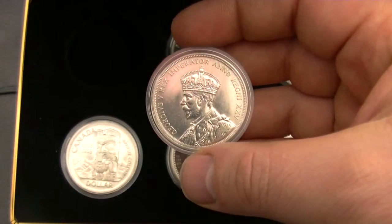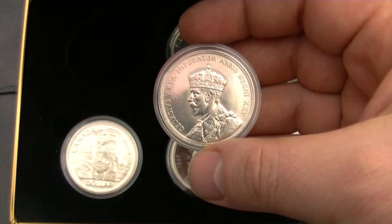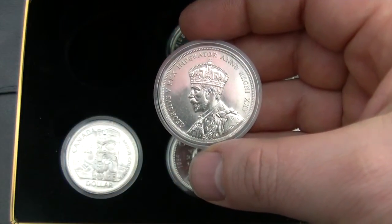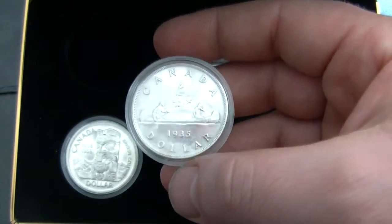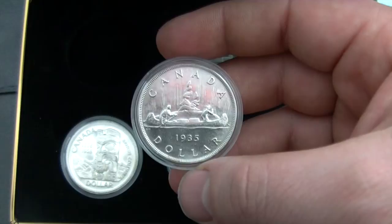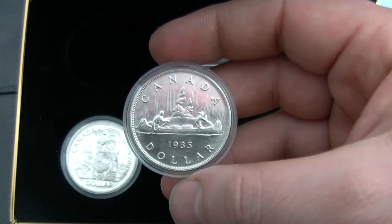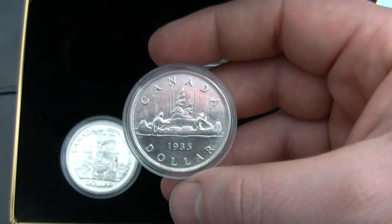Alright, let's start off with this one. This is a 1935 silver dollar, and it is unique because it was the start of many silver dollars to come. But this one here marks the 25th anniversary of King George V. And you can see on the back it's got a picture of him. But when you flip it over, this coin is called the Voyageur. And it is a modern design of an Indian and a voyageur paddling a canoe next to a small island. The vertical lines in the background of the paddlers represent the Northern Lights. The stunning reverse was created by Emanuel Hahn, and its modern design became the new standard for future issues of